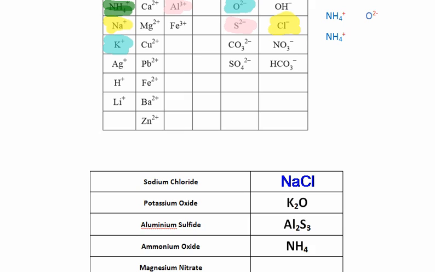So with any of these big ugly ones, which are officially called polyatomic ions, the ammonium, the carbonate, the sulfate, the nitrate, the hydrogen carbonate, and the hydroxide, any of the ones that have more than one type of atom in them, so they're not basically an element,